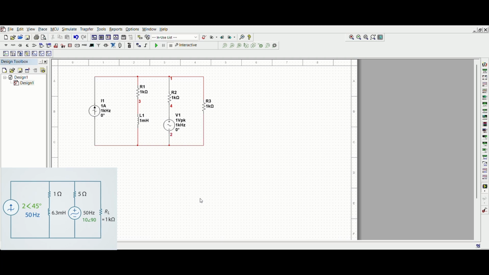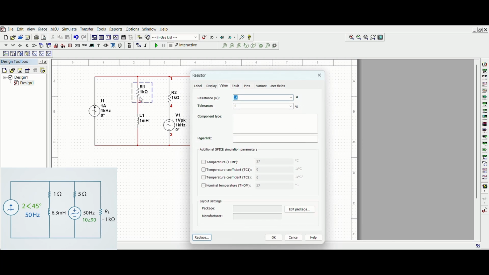As you see, our circuit is completed. Now we have to change its value. R1 is 1 ohm